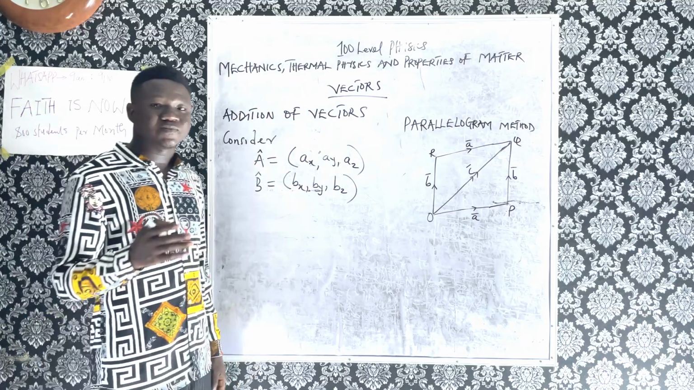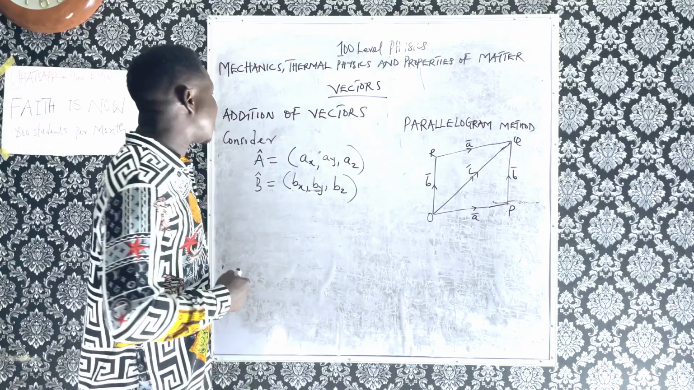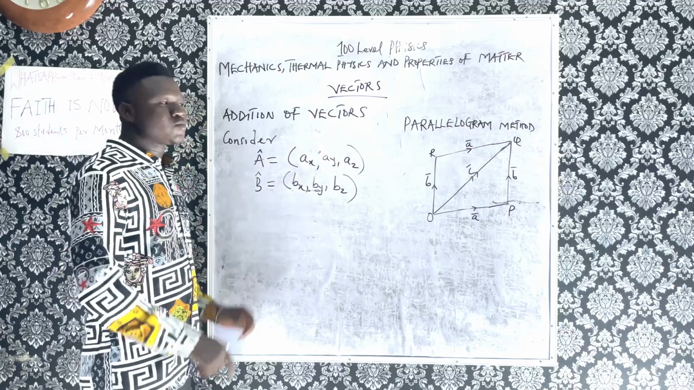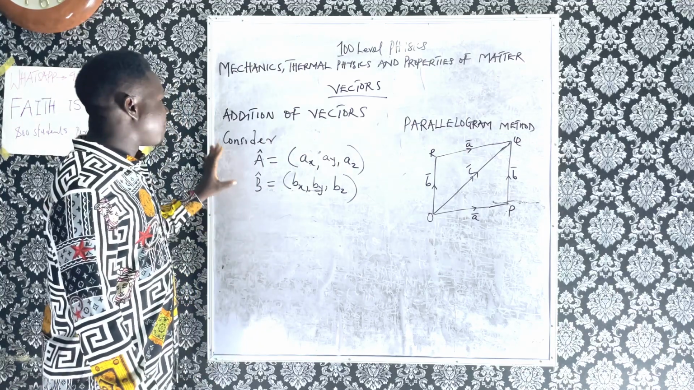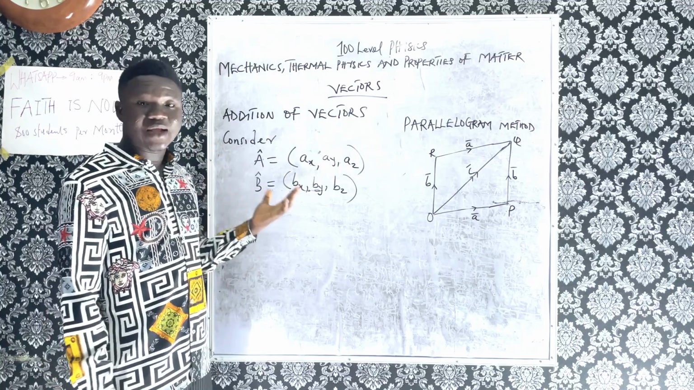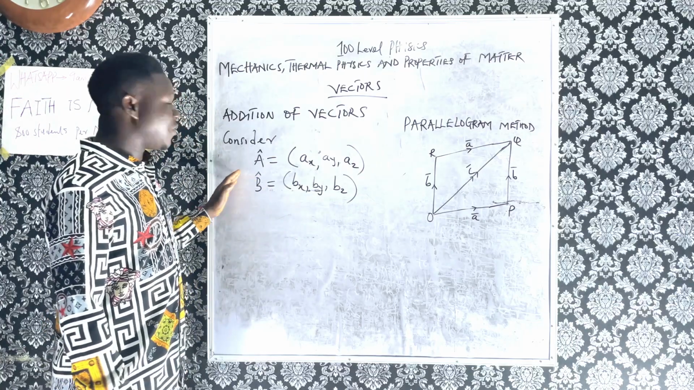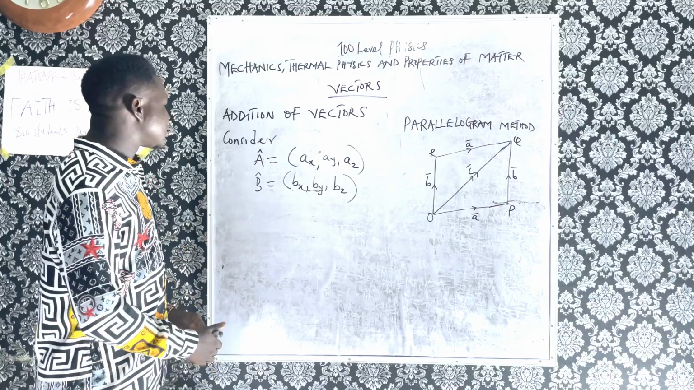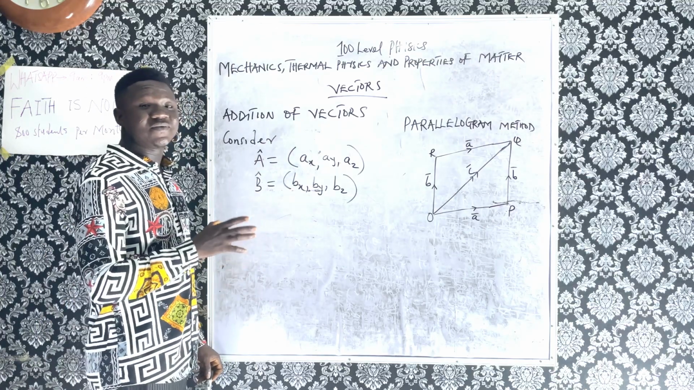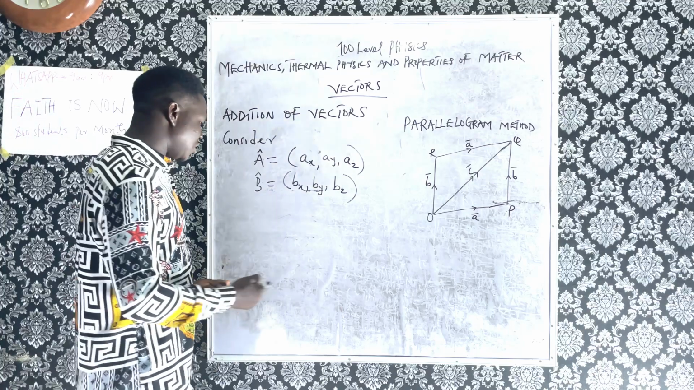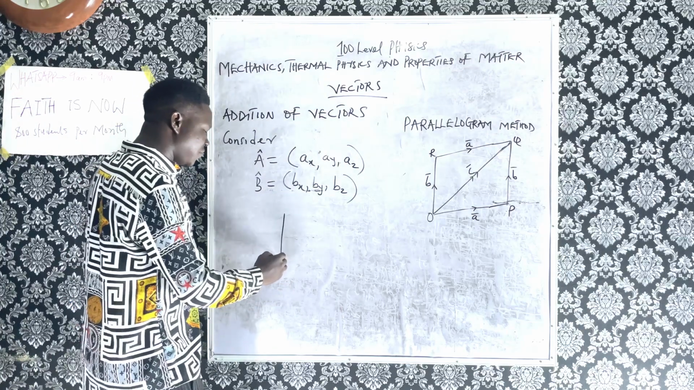Welcome to this lesson. In this lesson, what we are talking about is addition of vectors. So the first method we are going to be considering is how to add up vectorially. That means looking at the directions and adding the vectors up. So say for example, we know we have